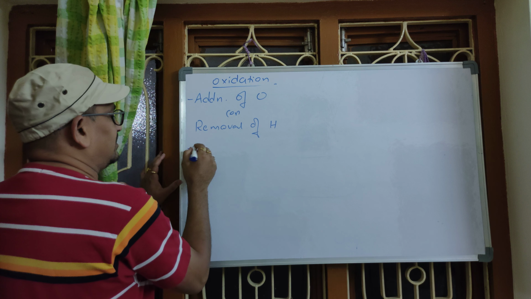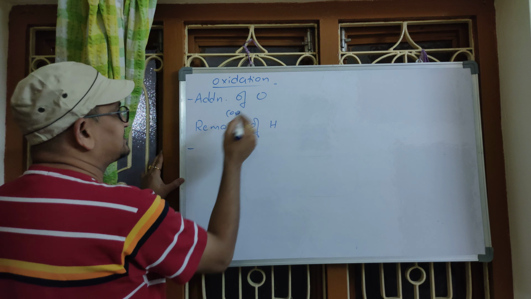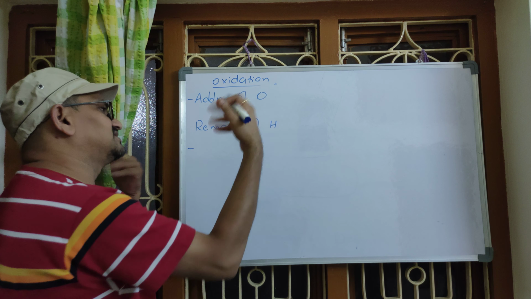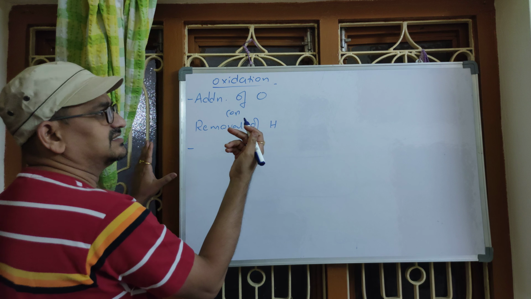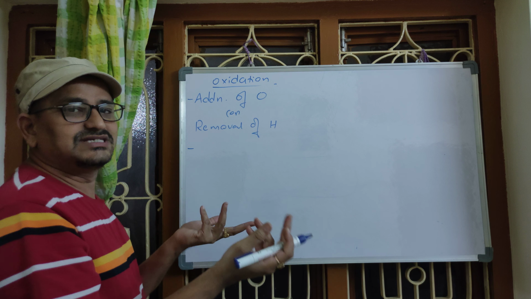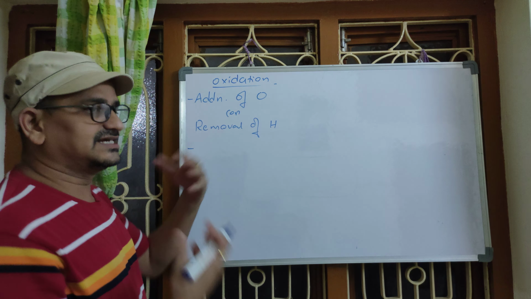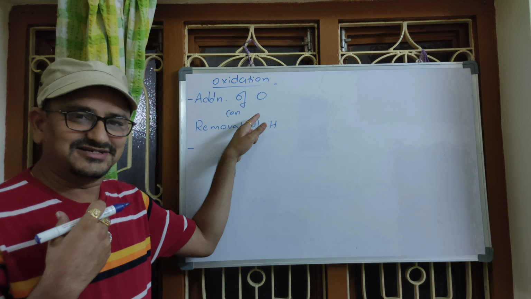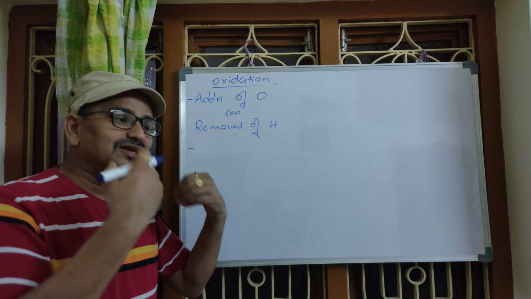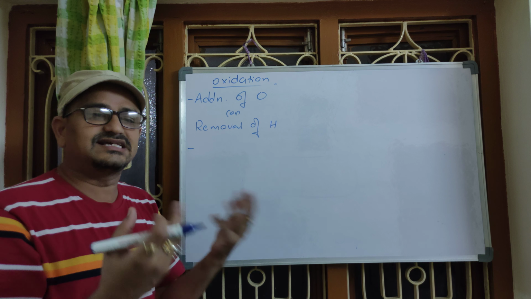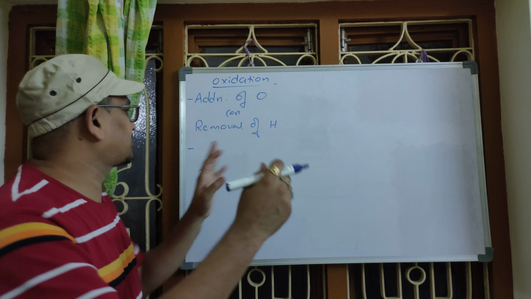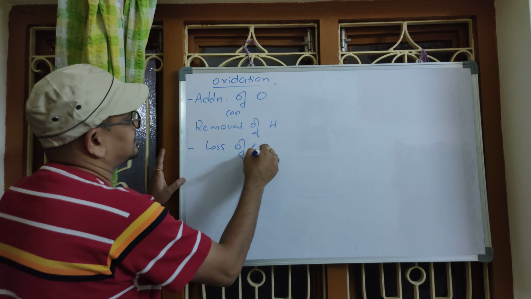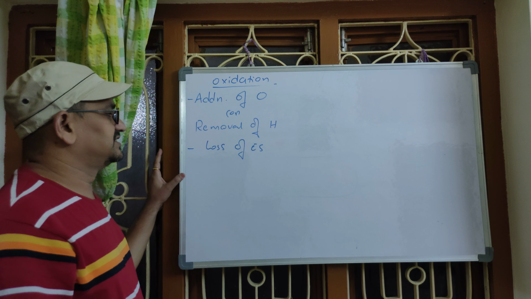In other words, when oxygen is added, what happens? Oxygen, it won't sit quiet. It will gain electrons from somewhere. So the substance has to lose electrons. When we add oxygen to some substance, oxygen will take electrons from that substance, right? So the substance has to lose electrons. It is said to be oxidized, meaning it has lost electrons. That's why the other method, loss of electrons, is called oxidation.